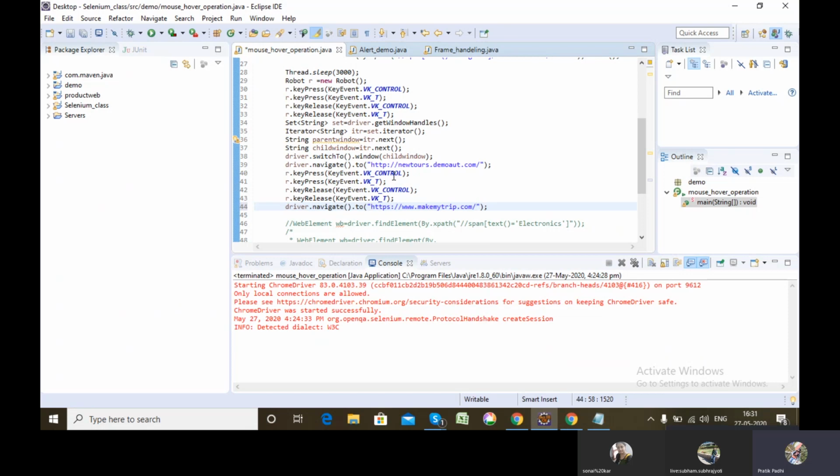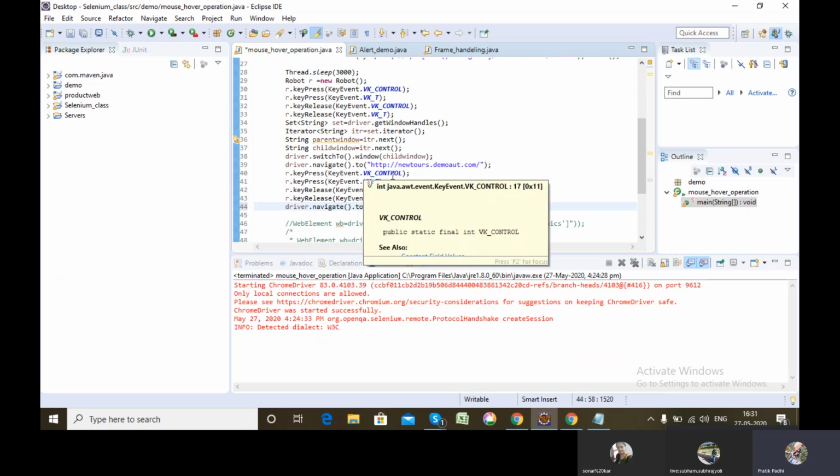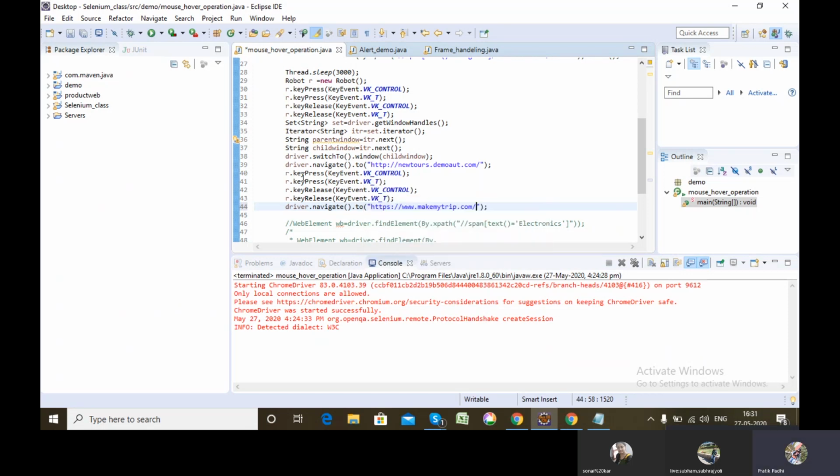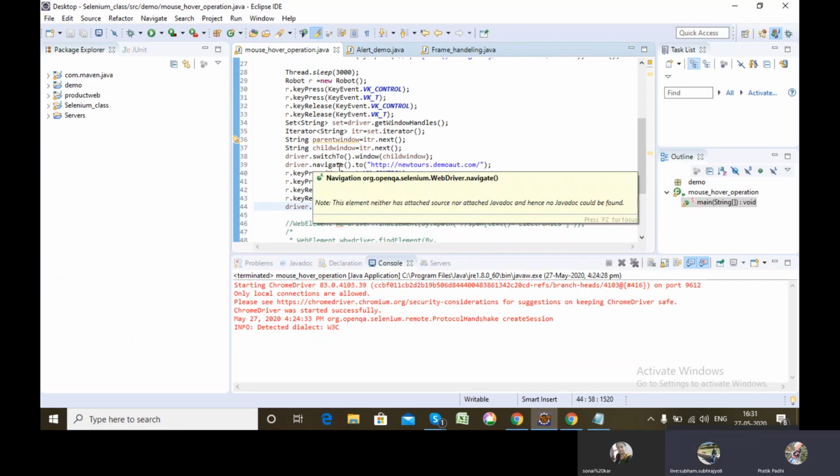So what will happen here, Subham? If I run this piece of code, the first time it will open the new tour demo in the child window, but the second time, it will open in the first window. Why? Because my control is in the second tab only. Have I passed my control from the second tab to the first tab? No, my control is in the second tab only.